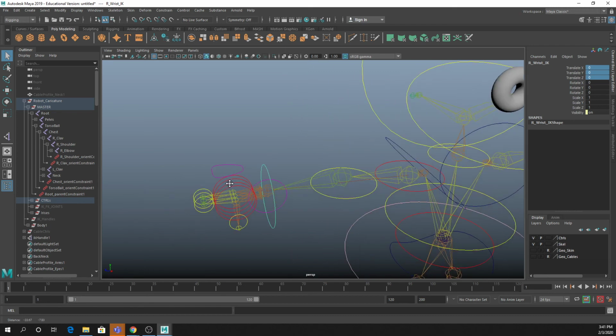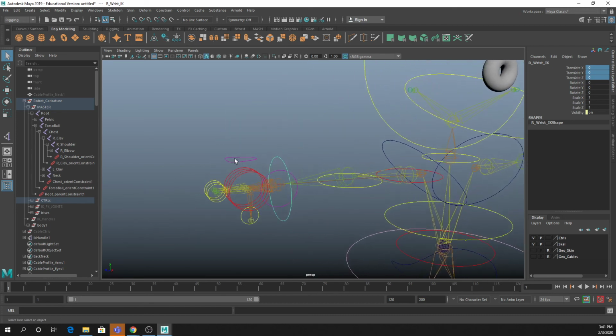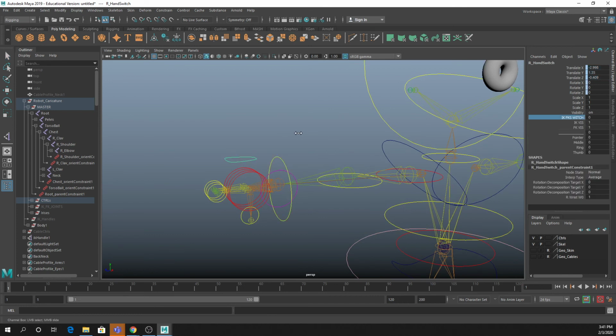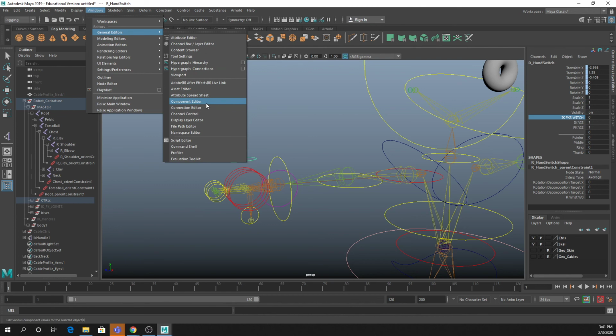So just go back and make sure, again, all your controllers should be zeroed out, so you can just pop them back into T-pose if you need to. I have this attribute already created here for this IKFK switch, which right now is doing nothing since I've deleted the original IK handle. So what I'm going to do is, once again, go into my connection editor,